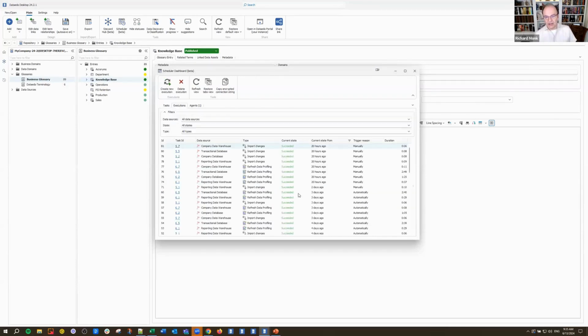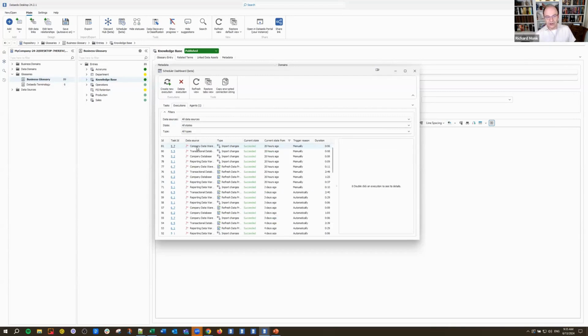Then we have the same kind of a view over here. We can choose a particular task and see the details and the history of that. So we have lots of details here, telling us about the connection, of course, and again, those details of what's supposed to happen. So we have visibility into those tasks and, when they're scheduled, how they connect, what has happened in the past, what's scheduled for the future.